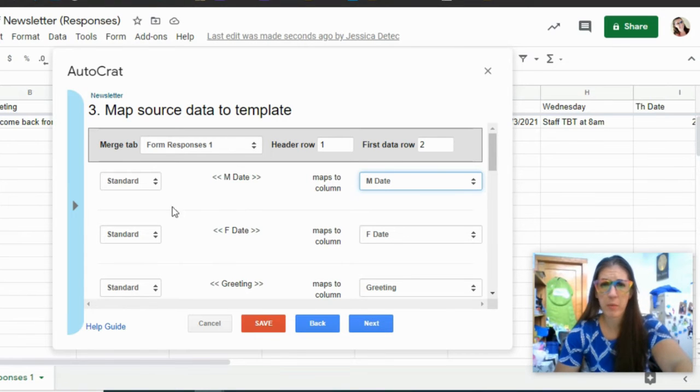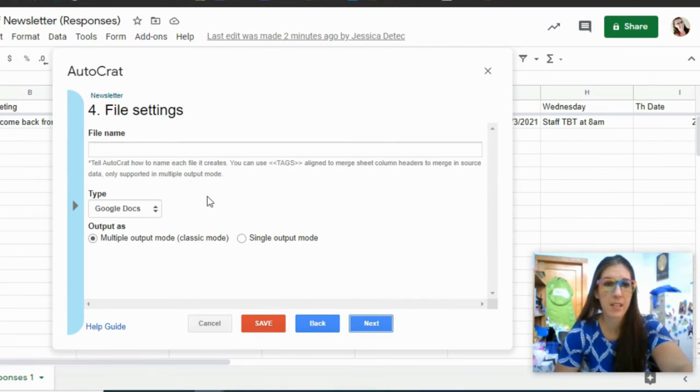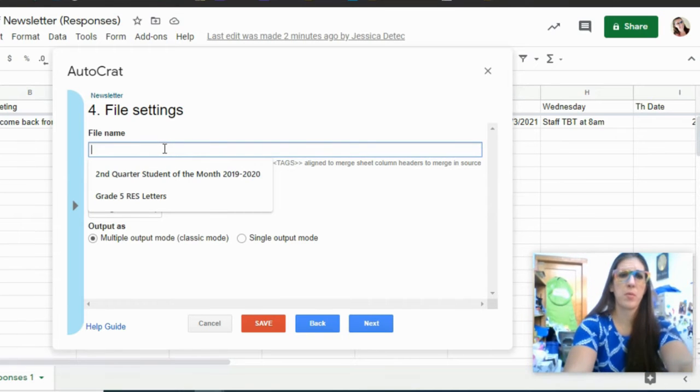If you end up eventually playing with this Autocrat on your own, you will notice you have some other choices. So this is how I can pull in an image that's submitted, hyperlinks, checkboxes, all of that stuff. There are a lot of options with Autocrat, but with what we're using, we're just going to go ahead and click Next. The file name, I'm going to use,